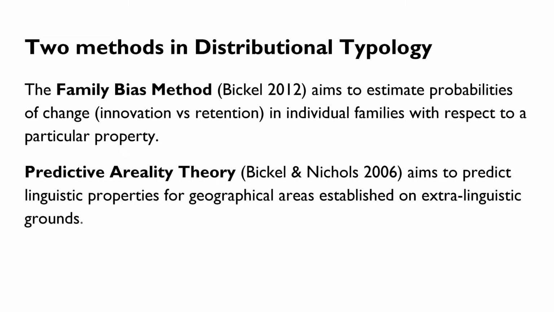Now, there are two methods. I'm going to talk about just one. You're welcome to read about the other. One is the family bias method, all right? What it tries to do is estimate the probabilities of change in a particular direction within a family. And what's important about this is that unlike the classical Greenbergian approach, which is to take one language